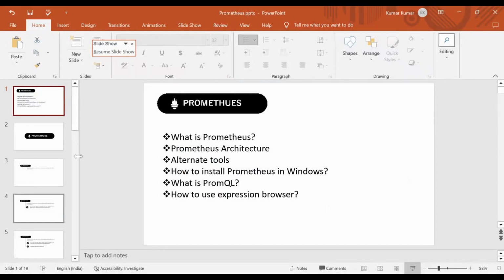So let's talk about that next. What do we know now, what is Prometheus? In short, Prometheus is a monitoring system. It's open source, and it works well for servers and services. Prometheus architecture. Now we know what the alternate tools of Prometheus are, and how to install Prometheus